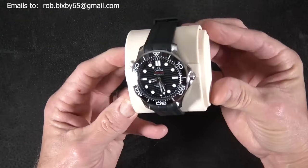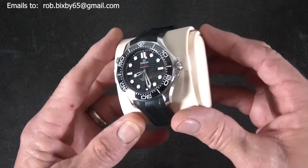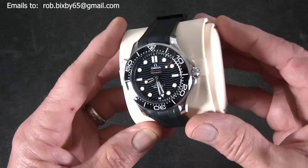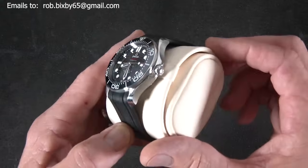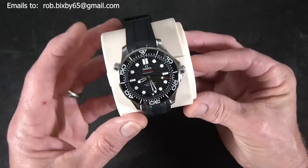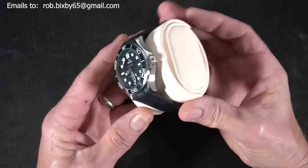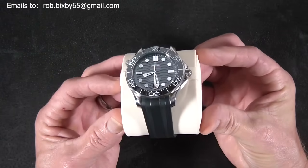By the way, all the original documentation, including my receipt for Moyer Fine Jewelry in Carmel, Indiana, are present. Here's the watch on factory rubber. As you can see, it's got the black ceramic wave dial, black ceramic bezel insert, two-tone lume, running the Omega proprietary 8800 movement, coaxial master chronometer, METAS certified. This one runs pretty close to dead. If you put it to bed crown up, it'll lose a couple seconds overnight. When you're wearing it, it gains a couple. So